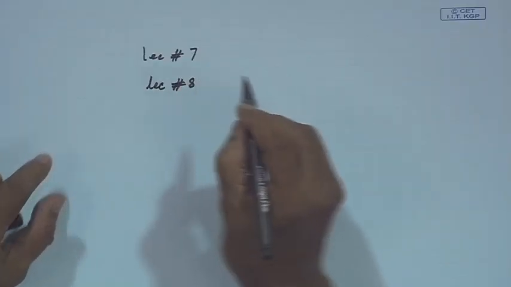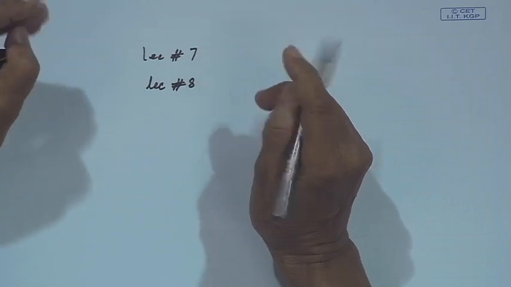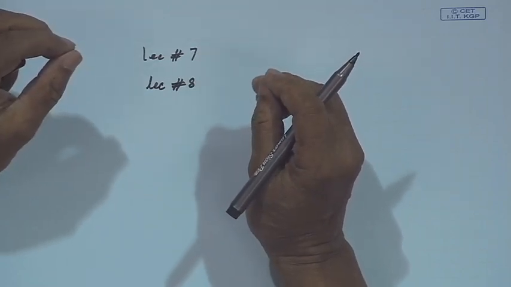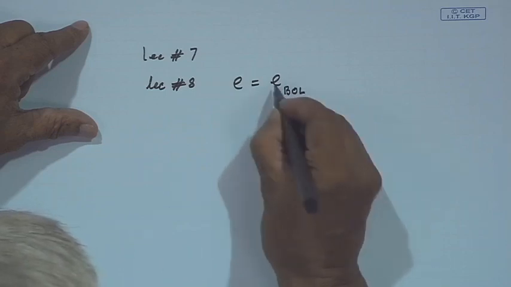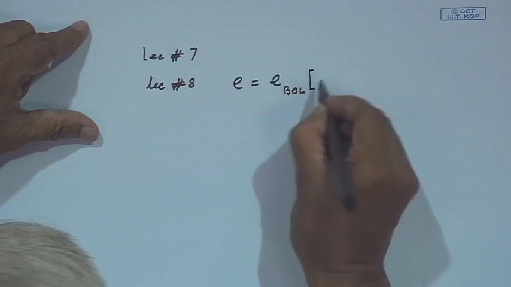So that is one correction, and there is one more correction, a number that appears by mistake in lecture number 8. There we were mentioning that, for the solar flux falling on the solar cell, the efficiency of the solar cell will degrade over the time the satellite is in the orbit, and an expression like this is given as E is equal to E of beginning of life. E is the efficiency of the solar cell, and then it says exponential